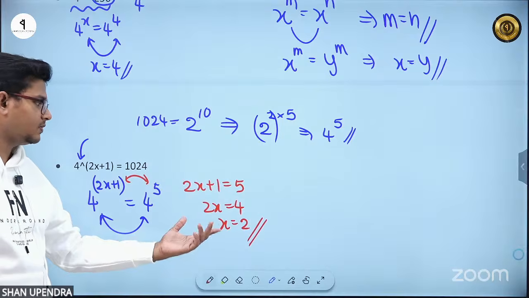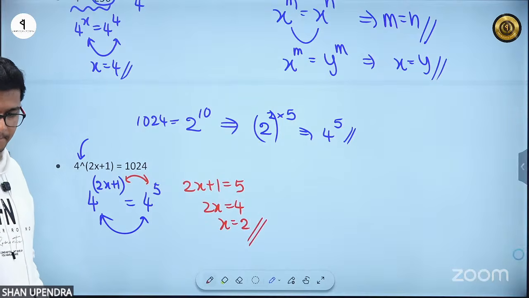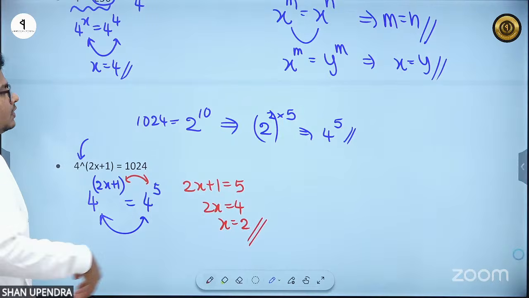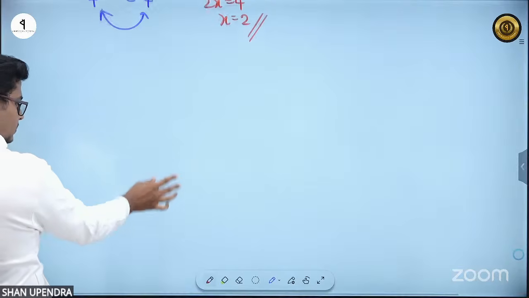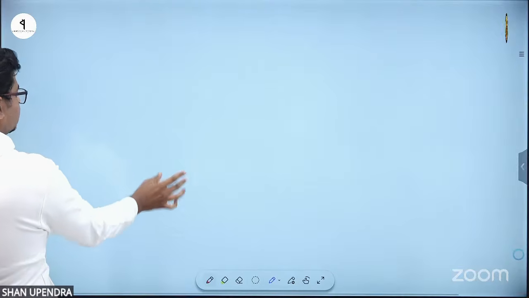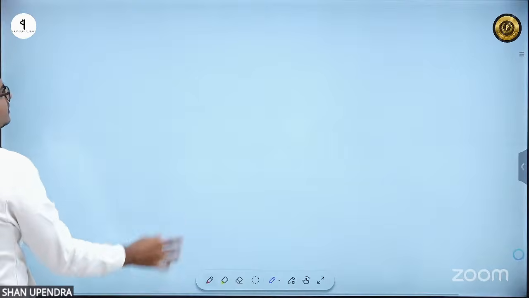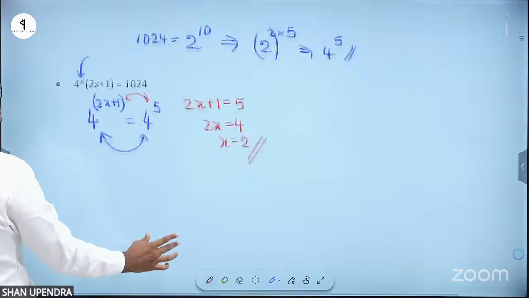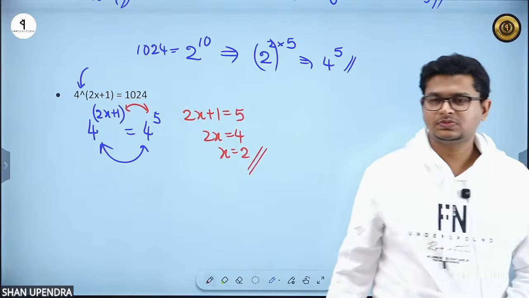Highly easy. Small type of questions. Okay. Hard. So that's about the indexes or indices. And now